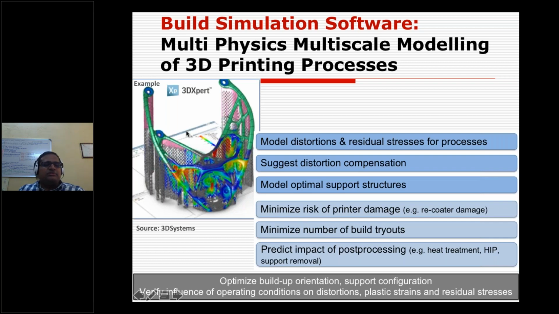So of course you need to simulate better, and you have simulation software like 3D Expert from 3D Systems. Then you can have a minimum risk of printer damage or a minimum number of build trials. Otherwise, it's basically a trial and error kind of practice. So instead of trial and error, not only during the build, even for post processing you can simulate. What kind of heat treatment we are going to use, what kind of HIP, or a support removal,